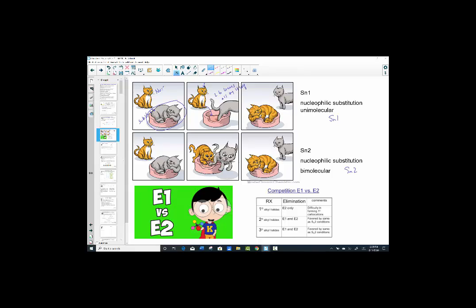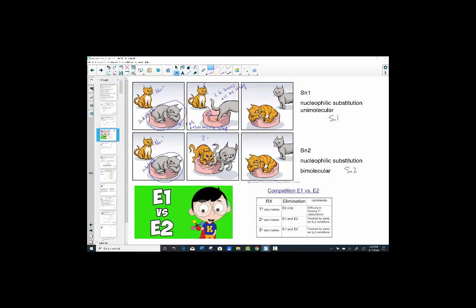A unimolecular reaction: the rate determining step relied on one kitty cat, the gray kitty cat, and that was simply waiting for it to leave. Compare that to a bimolecular reaction. We have the same setup. Here is your substrate, your alkyl halide. Here is your nucleophile, and we have the same beginning picture. Gray kitty cat in the bed, orange kitty cat would like the bed. But instead of just waiting until the gray cat gets up and leaves, as in the unimolecular case where the leaving group leaves all on its own,